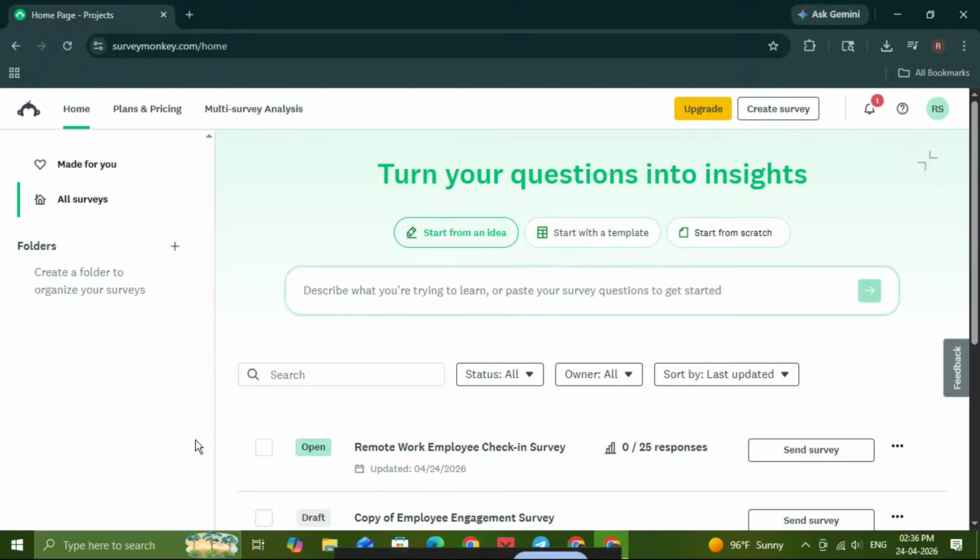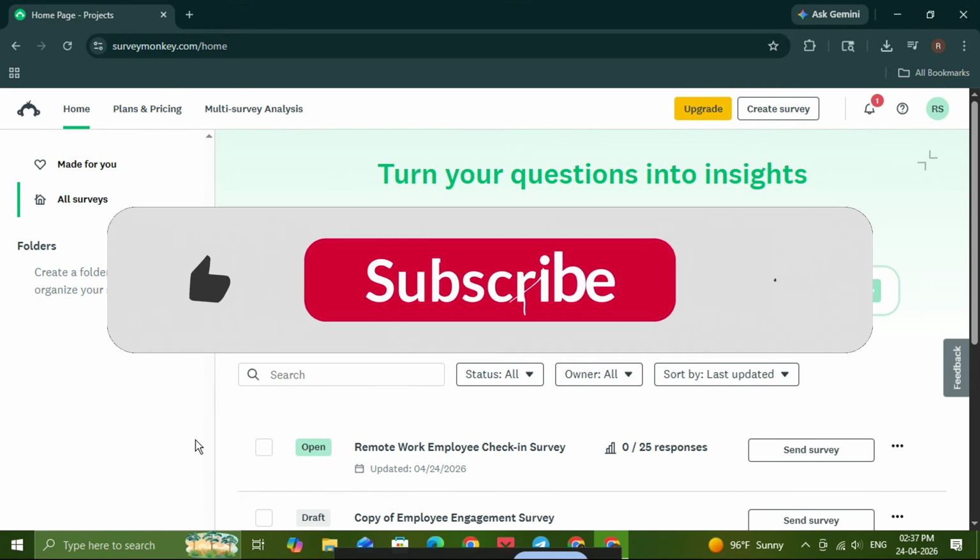If you want to make your SurveyMonkey survey easier to read and more organized, today I'm going to show you exactly how to add sections in SurveyMonkey step by step. This is a simple trick that helps you separate different parts of your survey, keep respondents focused, and make your form look much more professional. Whether you're building a customer feedback survey, a registration form, or a research questionnaire, adding section headers can make a